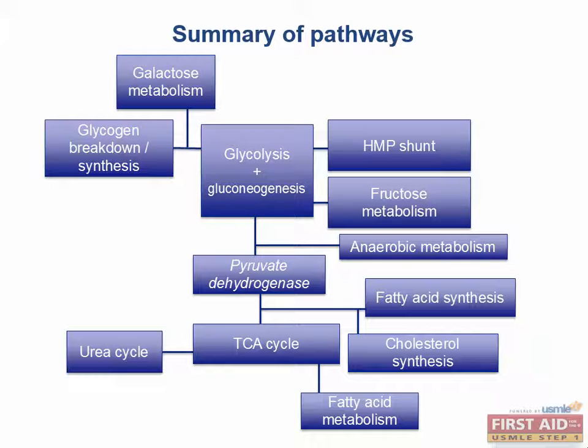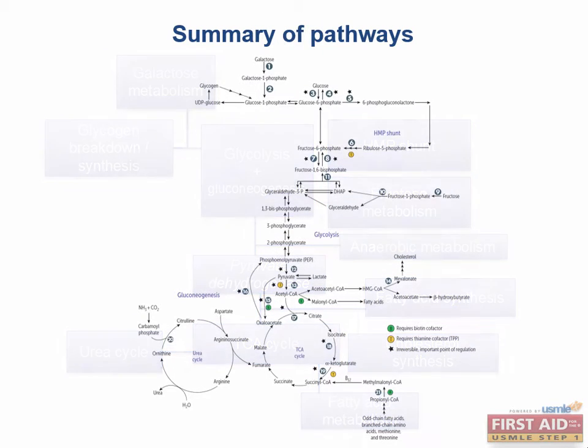In this figure, just recognize how everything is interrelated within the body. We'll talk about each of these processes throughout our lecture today, and then once you feel comfortable with the various smaller pathways, it'll be helpful to look back here and see how it all fits together in this nice big picture. We'll slowly introduce enzymes, substrates, and products that will fill this box diagram into a more complete picture. This is also a great page in your book to take notes from other parts of the biochemistry chapter or from other chapters as well, since there's a lot of inputs and outputs to this diagram that are not shown here. For example,